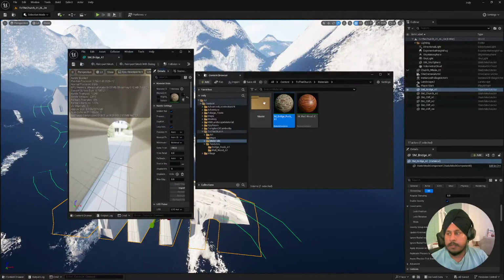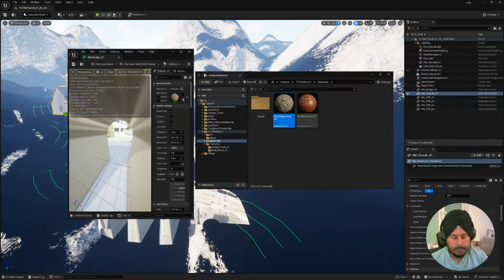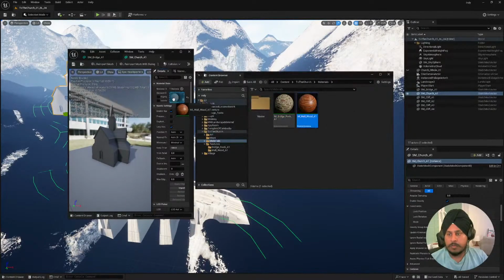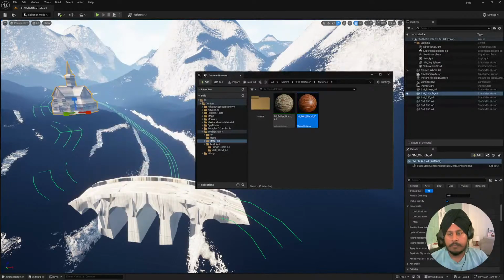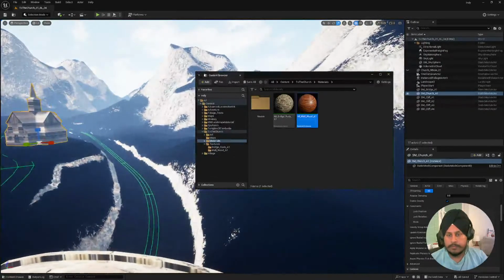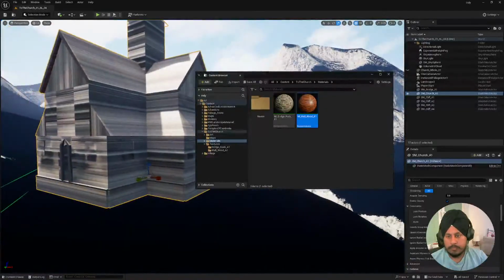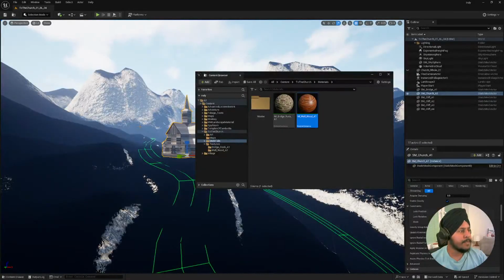Now save it. And for the church, I believe this whole thing, and we surely need more for this. Look how awesome it looks. Okay, now